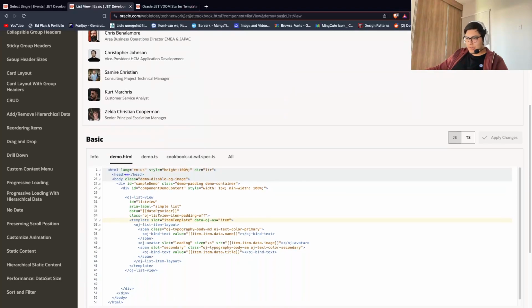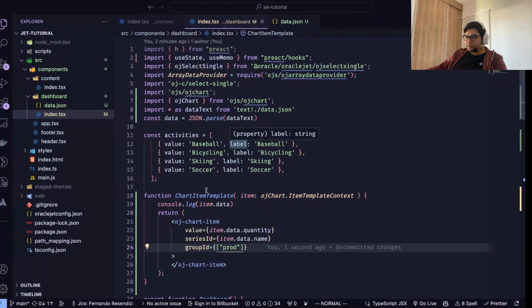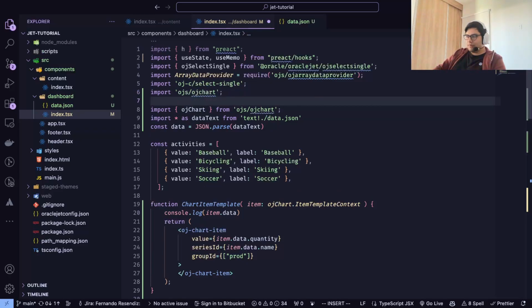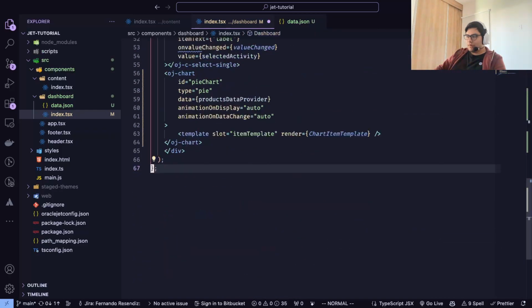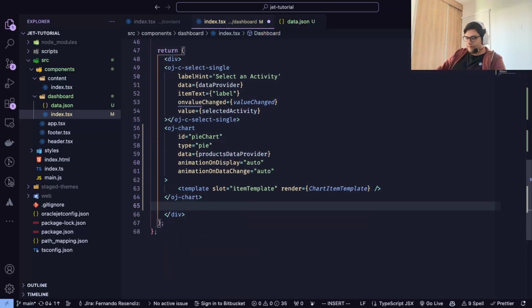I think we can do it right now. So if we grab this view, we add the import for the dependencies, and then we add the list view to our component,